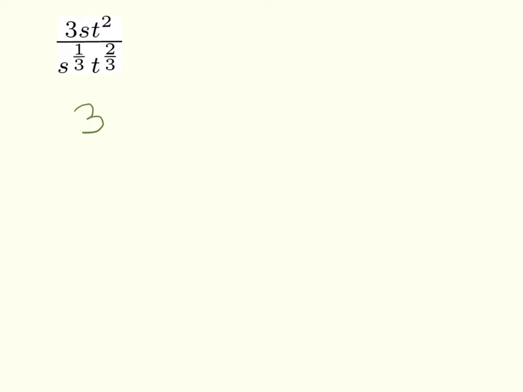So this is 3s to the 1 minus 1/3, t to the 2 minus 2/3. And that's because these are the exponents. There's a 1 there, a 1/3, a 2, and a 2/3. Then the next thing that you're going to do is you are going to,